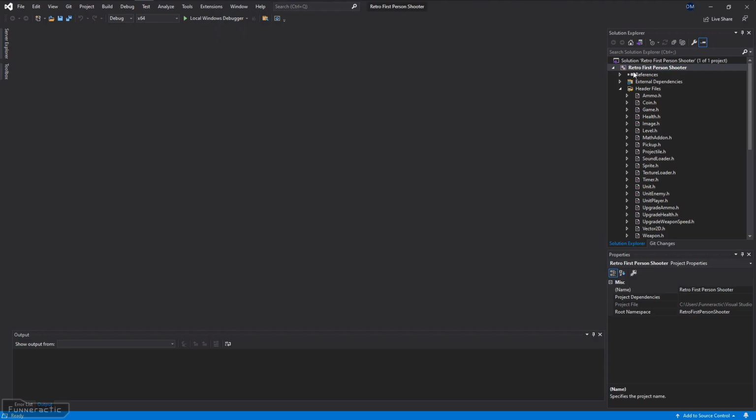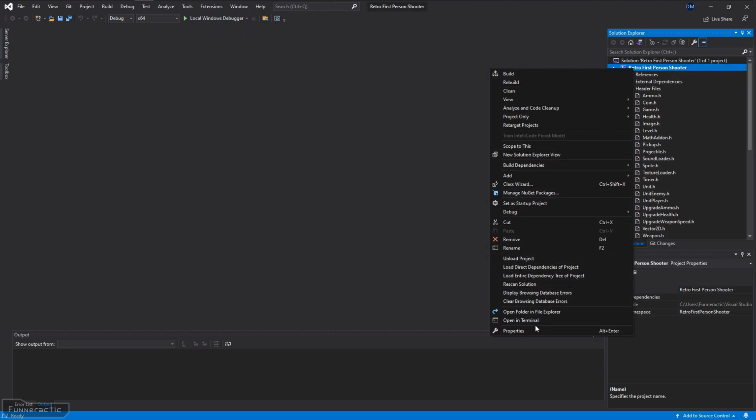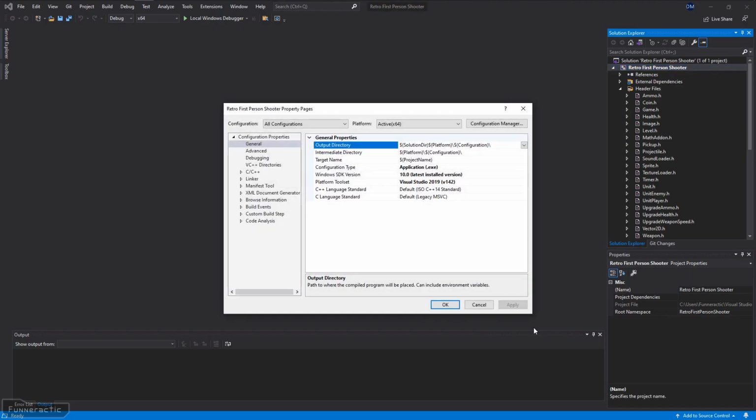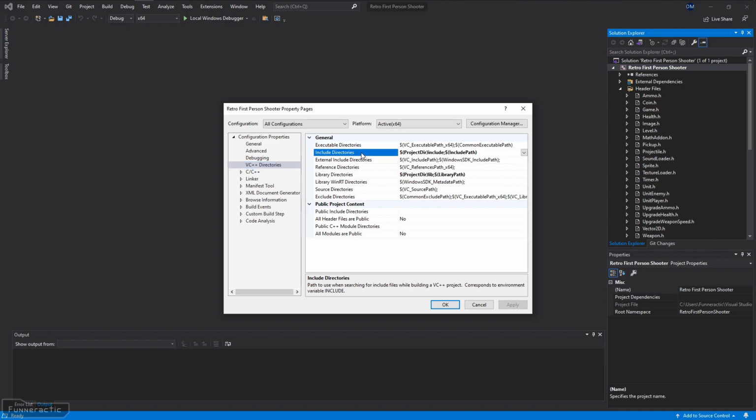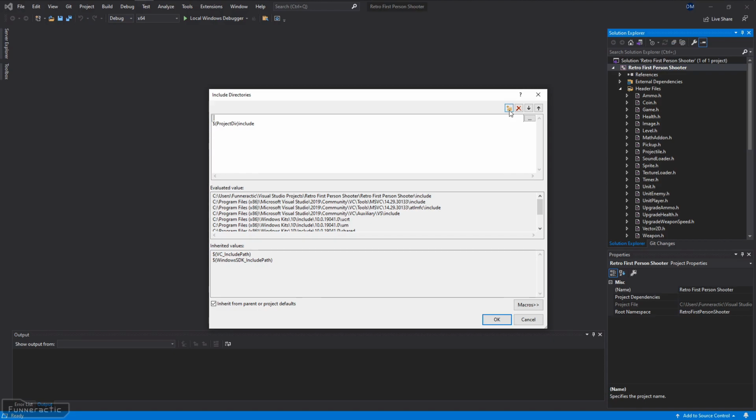I'm going to right-click on the project, then go to Properties. And like in the previous video, make sure that the configuration is set to All Configurations, and the platform is set to x64. Then go to VC++ Directories, Include Directories, and when you click on it, this arrow will appear. So click on that, click Edit. I'm going to click New Line, and I'm going to add something similar to the line that's currently there. $(ProjectDir)include